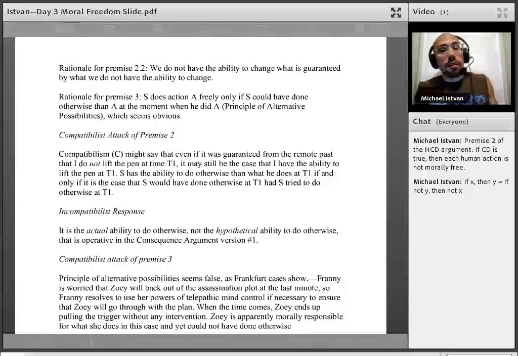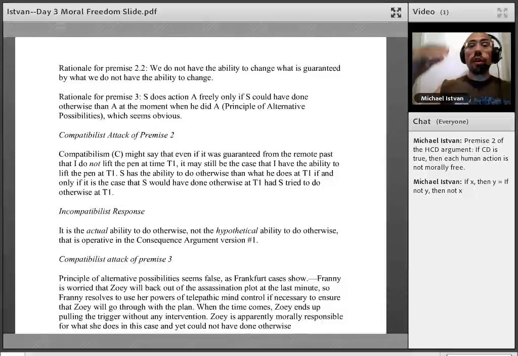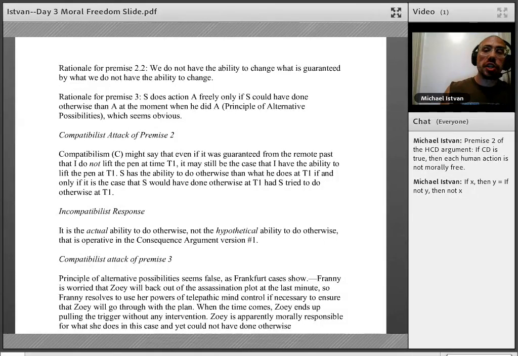So it looks like we have a sound argument for incompatibilism, such that if CD is true, then none of our actions are free. And if you bring that together with the multifaceted barrage that I gave you over the last 2 sessions in defense of premise 1, then we have seemingly a sound argument for hard chronological determinism, which has a seemingly unsavory result. I say seemingly because it may not be bad. I'm working on this in my own writing personally as I record this now.